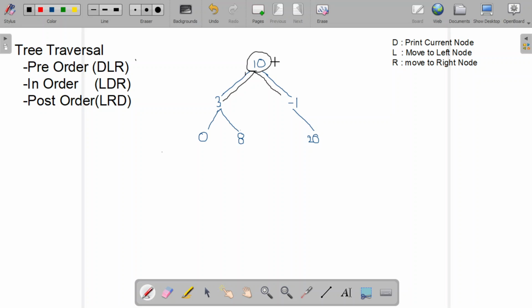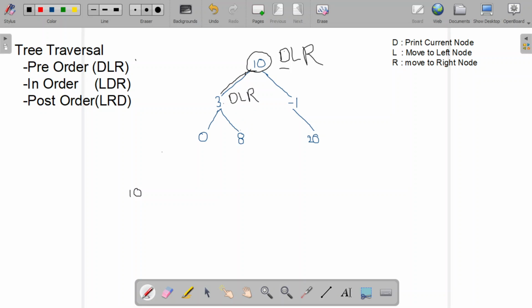DLR for pre-order traversal. Like in pre-order traversal, first we need to print the root node, and we need to go to the left side. Here I am printing the current node. D represents the current node, and going to the left side, and again I am applying DLR.